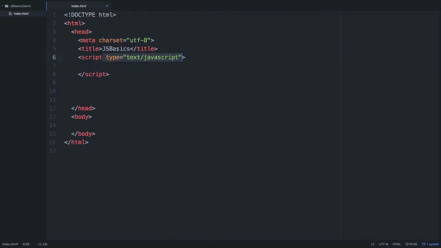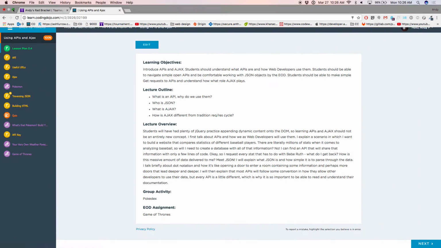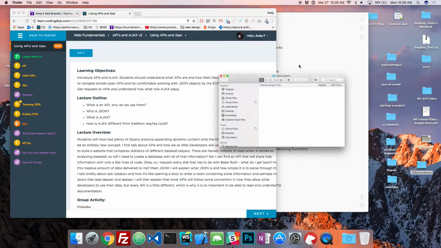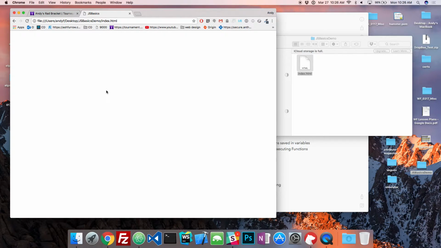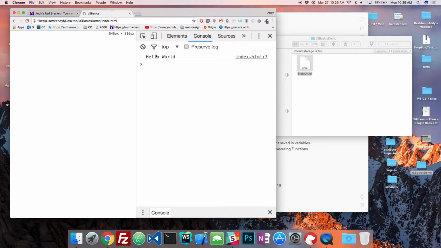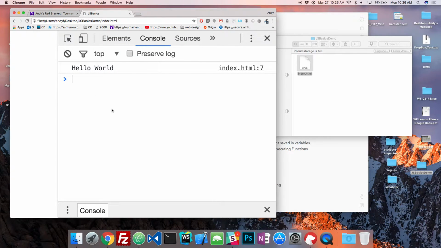So let's go ahead and make a script tag. And then in here, we can console log stuff. We can write JavaScript. Let's say, hello world, like that. And in order to see this being logged, you want to open up a browser, and just like before, drag the HTML file into your browser, right? So you don't see anything, but if you open up the inspect and go to the console, you'll see that the thing that you logged is now here in the console, right? So that's where you will find your console logs, right?